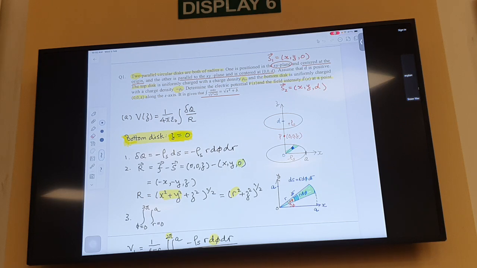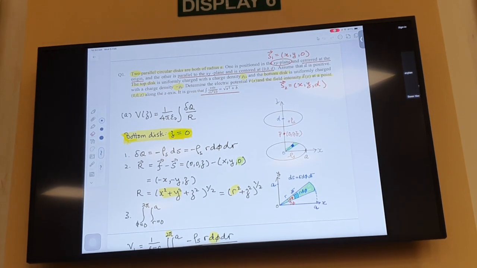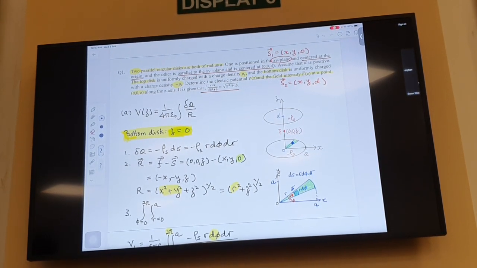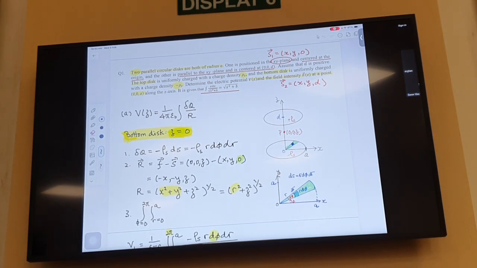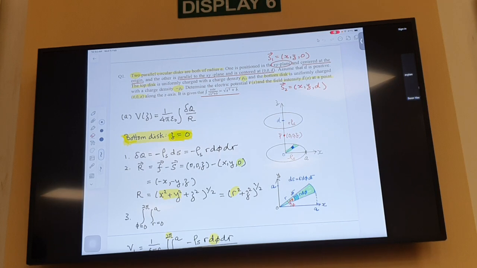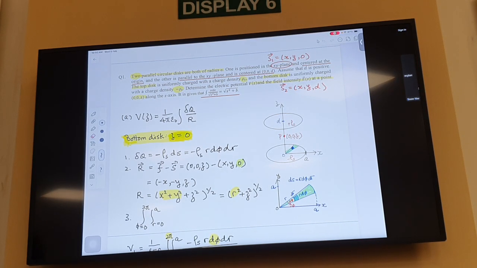You are asked to determine electric potential and electric field intensity. If you are asked to determine electric potential, you have no choice. Suppose they don't mention this, they just say determine electric field intensity. Then you have 2 approaches. You can use direct integration as in tutorial 1, or calculate electric potential followed by differentiation. But if a question asks you to determine electric potential first, it means they want you to take this approach. Then you calculate V and then take the minus gradient of V. Okay, E is equal to